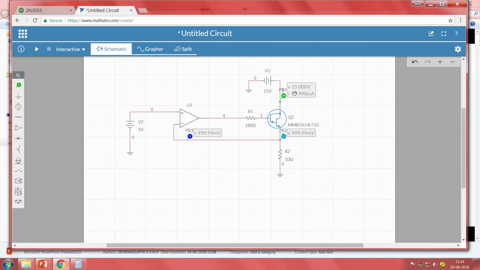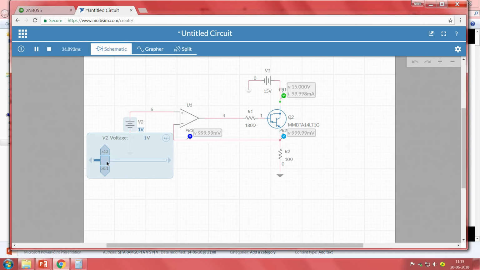Now, what I told you was, this is 15 volts whatever we applied, and this is 1 volt. What about the rest of the voltage? How do we calculate it when you apply KVL? This is 15, this is 1, so the voltage drop across this will be 14, right. As a result, the complete voltage drop will be at this point. Now, if I decrease the input value, the voltage drop across this will decrease.